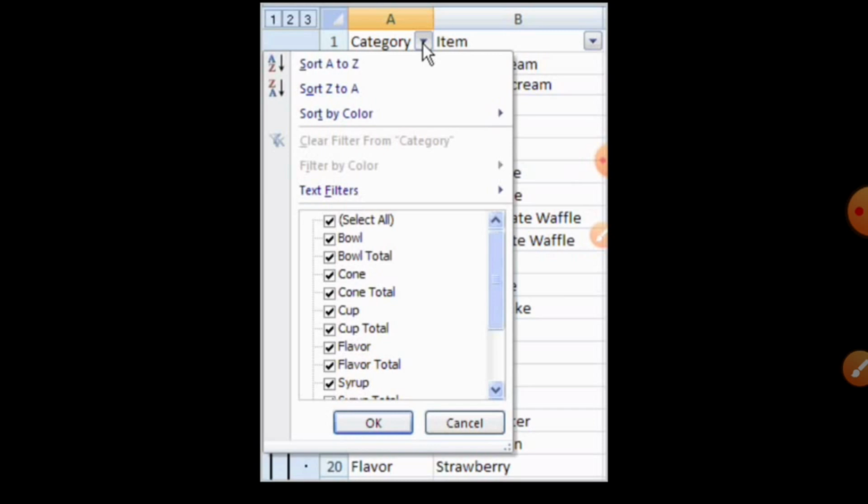Click on Select All so it will be unchecked, and then check the box you want to see, such as cup. So it will give the information on the screen about the cup only, not the rest. Dear students, this is related to sorting and filtering, but I will show you with a small clip here.